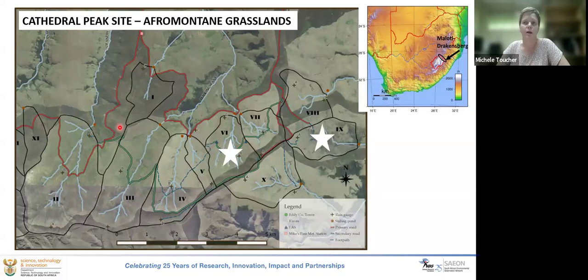the site we used a long-term research catchment, the Cathedral Peak research catchments, which were established in the 1940s, and they've been monitored since with a gap from 1995 until 2011. Initially, these catchments were set up to look at the influence of land treatment on water, and they were used in the initial stages to look at the influence of commercial tree species on water. Over time, it then moved on to looking at the influence of fire on water.